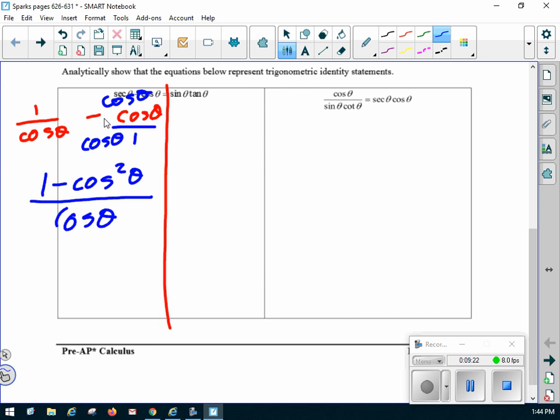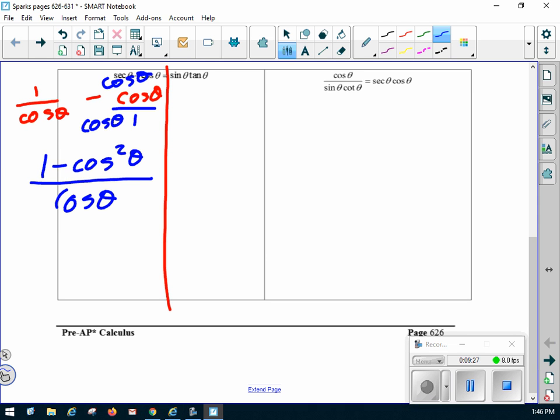Can I write the Kahuna family on the board? You bet. So now, is there a substitution I can make for 1 minus cosine squared theta? Sine squared theta. So I can write this as sine squared theta. Oh, I'm listening. Go ahead. So wait, might just be not remembering how to subtract fractions all of a sudden. Okay. Right here, when I multiplied top and bottom by cosine theta, this will be cosine theta times cosine theta over cosine theta. Oh, okay, so